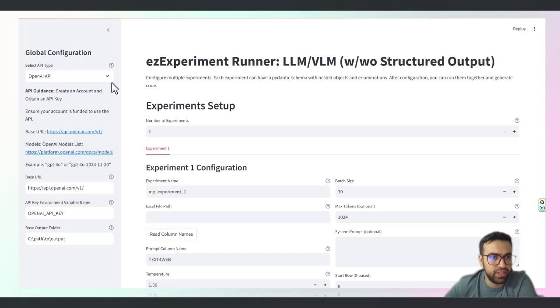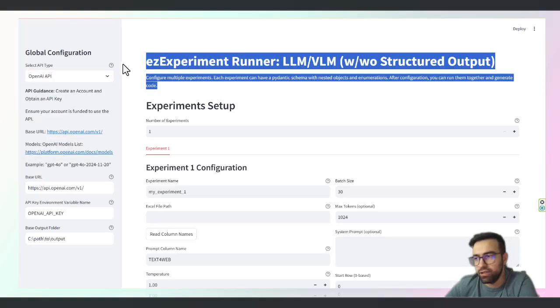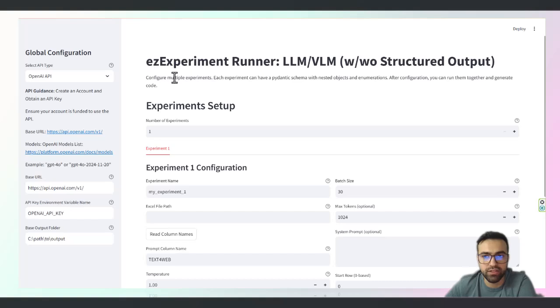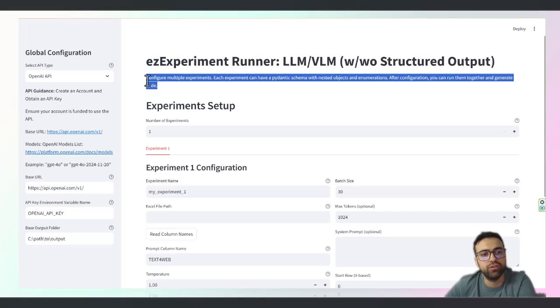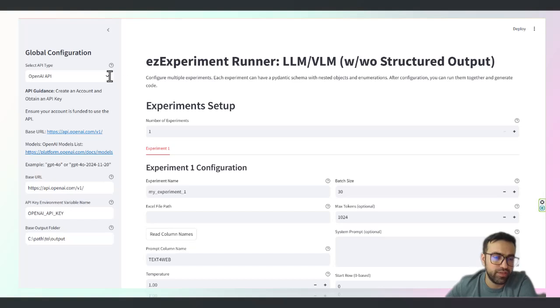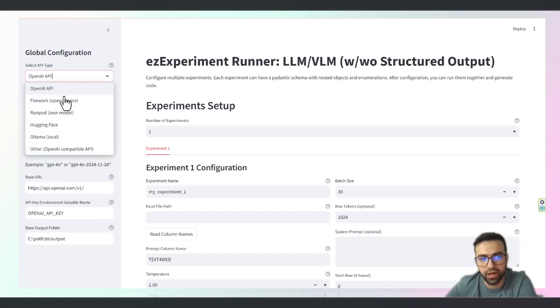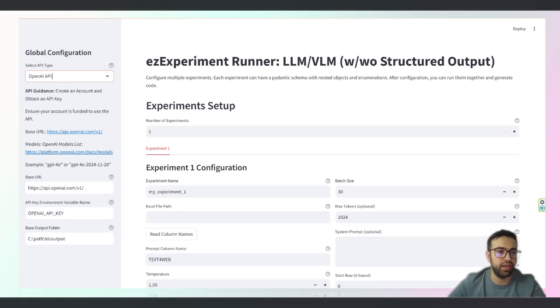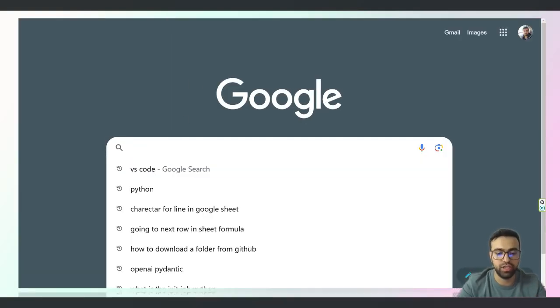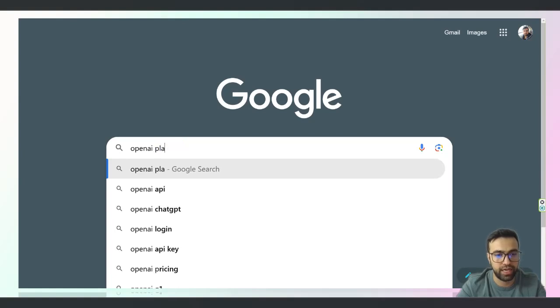So let's start with a real world example. We already created the Excel file. Now we want to use LLMs. When we want to use LLMs, we can use OpenAI. We can also use HuggingFace, Firework, or anything else. For this instance, I will just show you each one and how you should get your API and use them. So for the OpenAI API, you just need to go to the OpenAI platform,